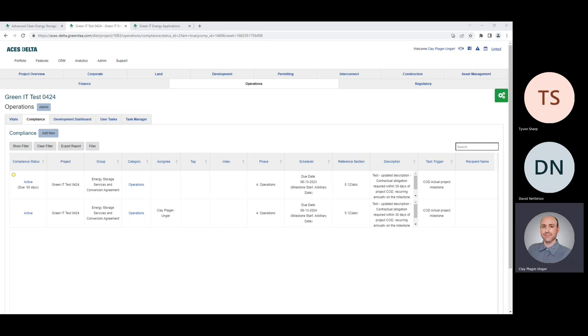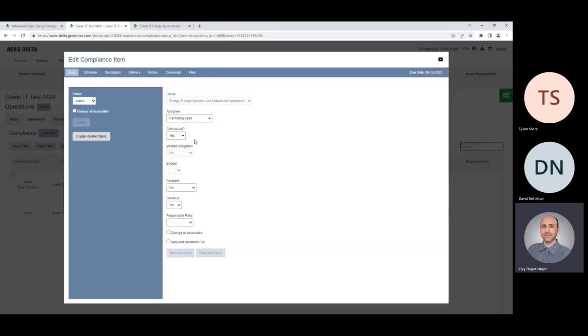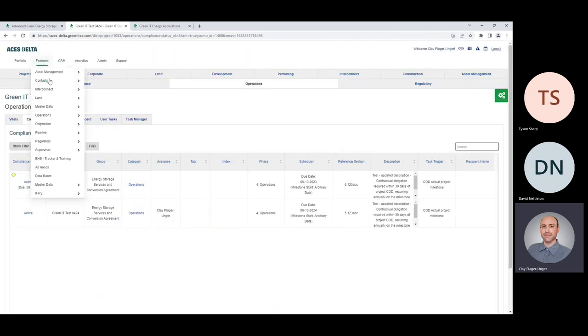Yeah, I think to answer your question, we don't have an admin for the scheduling of emails, but the distribution is going to be based off of whoever's assigned here, and those contacts are set up in